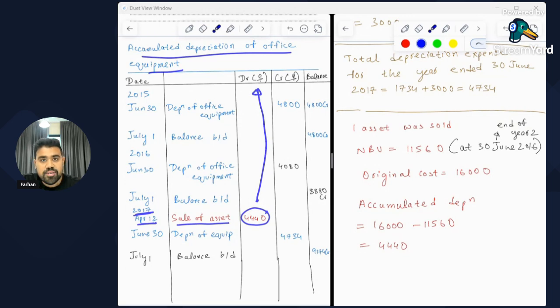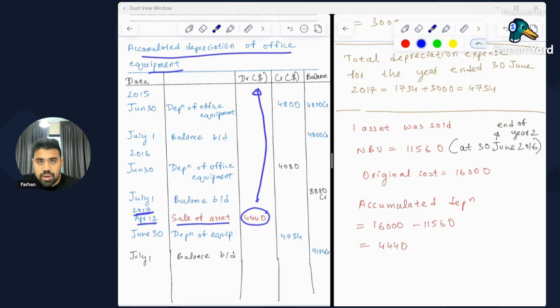But in this case, we are getting rid of one of the assets. We are selling one of the assets. We are disposing one of the assets. So if we're getting rid of one of the assets, then we also have to remove the accumulated depreciation for that particular asset from this account. And when we remove that, our accumulated depreciation should go down, right? And that reduction can be only reflected by recording it within the debit column. Make sense? So that is why this 4,440, which is basically showing the disposal or the sale of the asset,